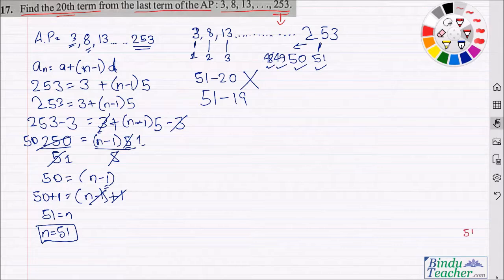We have 51, 50, 49, 48, 47, 46, 45, 44, 43, 42, 41, and next line I'll write 40, 39,